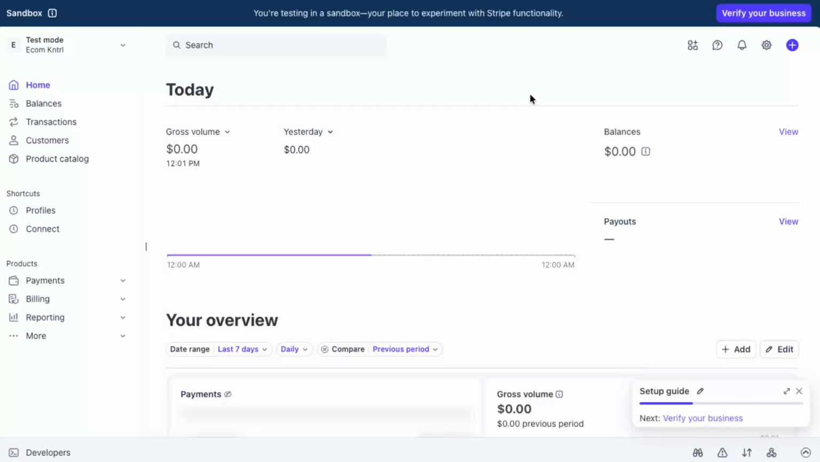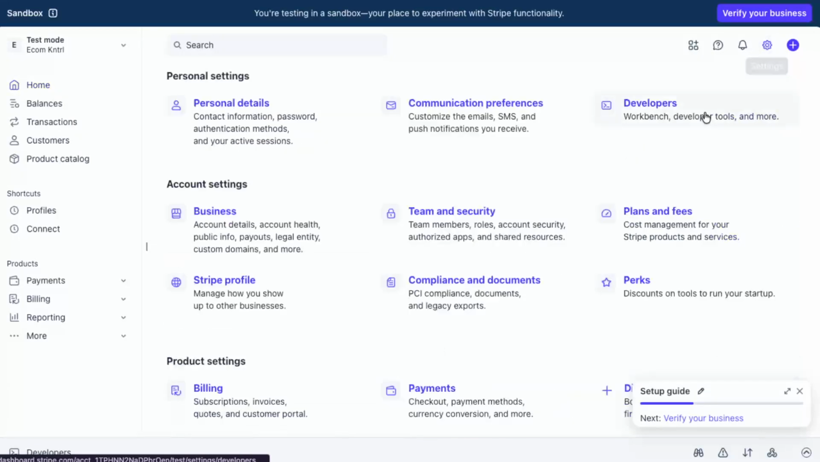Next, look towards the top right corner of the dashboard. You'll see a small gear icon, which represents your settings. Go ahead and click that gear icon. This will open the settings area where you can configure everything related to your Stripe account, including billing, integrations, security,